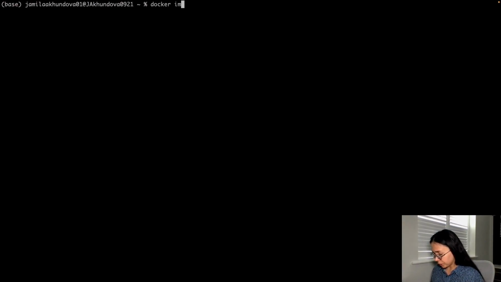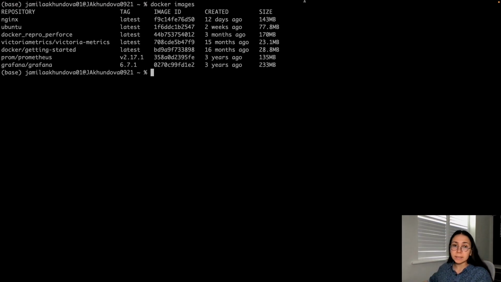If you run docker images, you can see the list of all of the images available on your machine. The list of images available on mine includes Ubuntu and Nginx, the latest versions. So you may see that the first column shows the repository name or image name. The second column shows the tag. The third column is an image ID. It's a sort of string that identifies that specific image, when it was created, and then the size of